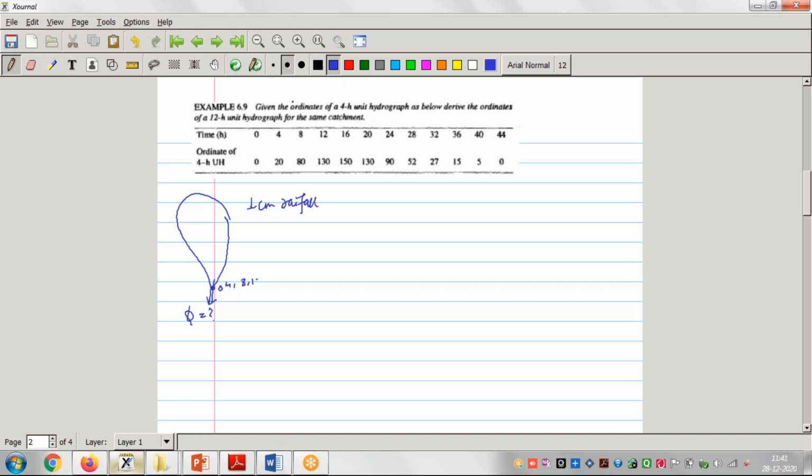See, first of all, you should understand this meaning. Given the ordinates of 4-hour unit hydrograph, what does it mean? This is a hydrograph, just a graph like this. If we draw these ordinates over x and y axis, we will get this graph. This is x, this is y, and this is Q, and this is time, right? Now if it is said that this is a 4-hour unit hydrograph, it means